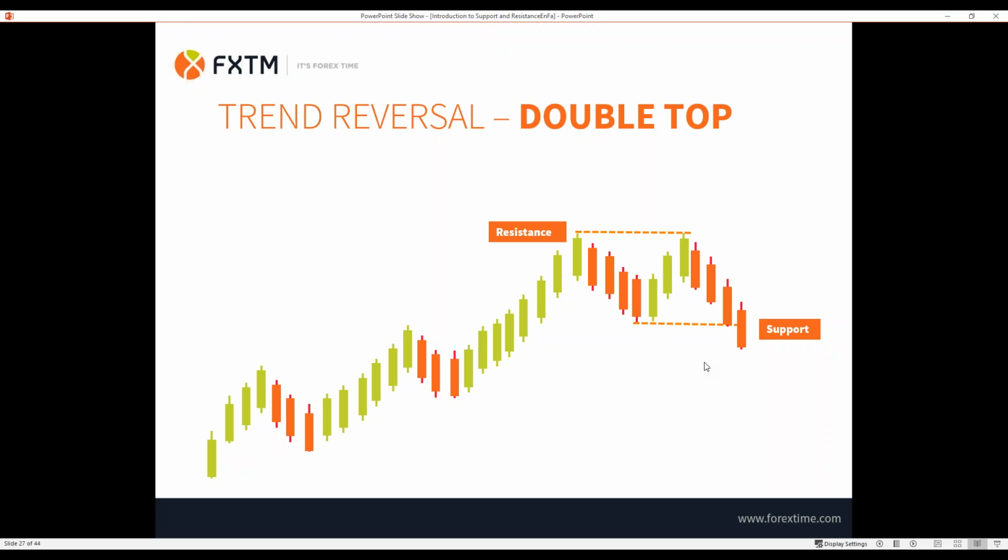Now, what you see in place is a beautiful reversal, which is called a double top. And a lot of technical analysts are going to open sell positions at this point right here. Why? Because this is the beginning of a new downtrend, and that downtrend is most likely to continue to fall lower and lower until they find somewhere a strong support to stop.